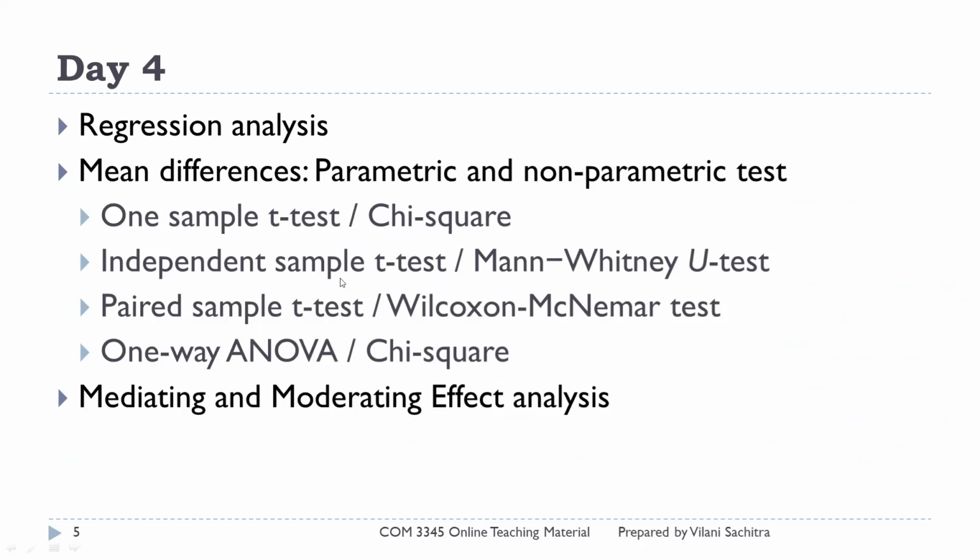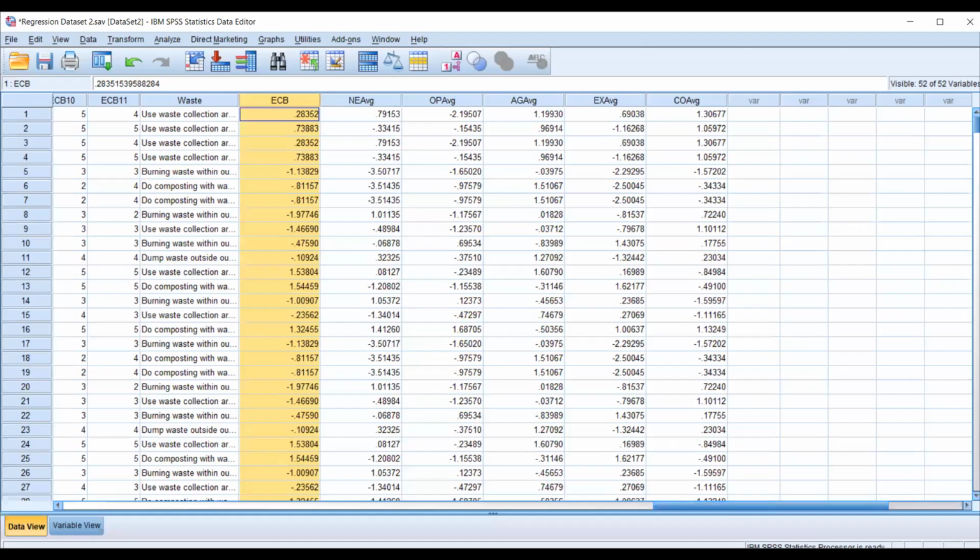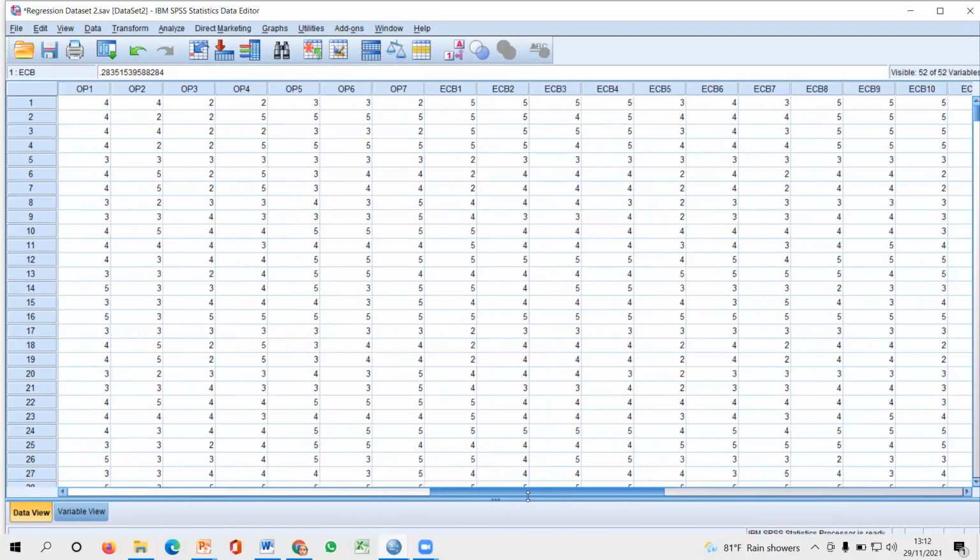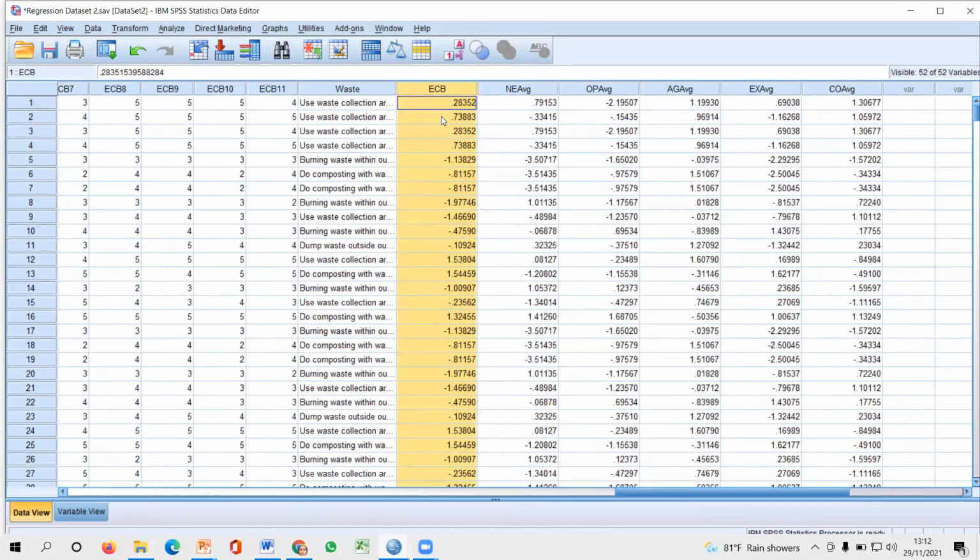Okay, right. I'll go back to the analysis data set again. Now you can see, I'm going with the correlation analysis. Since I have already done it in our discriminant validity, but to make sure that you get the understanding again of what this correlation analysis is, I will do it again.